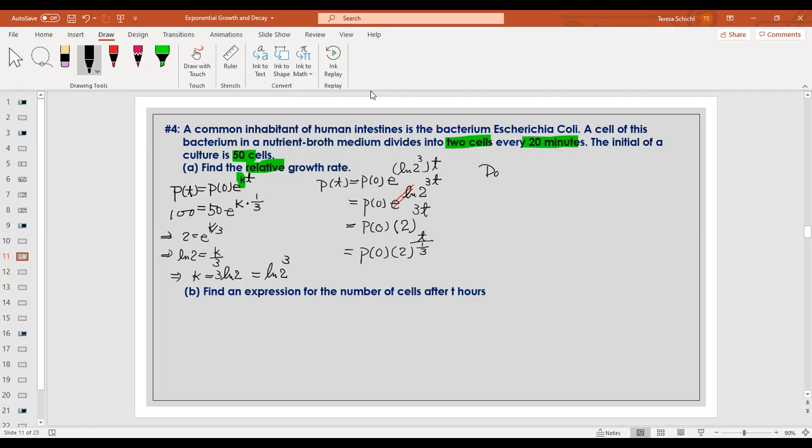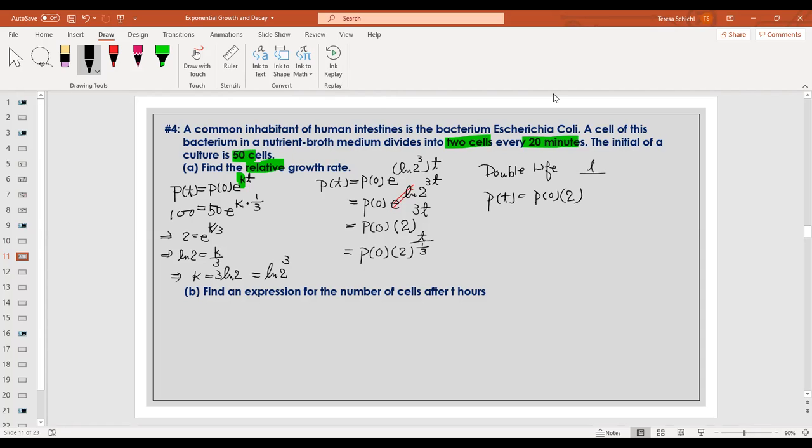Because now I know my doubling formula. I can write it as P(t) is equal to P0 times 2, that means doubling,